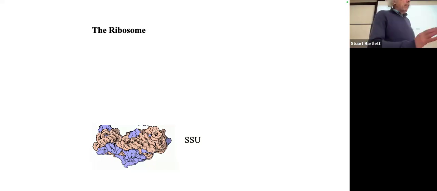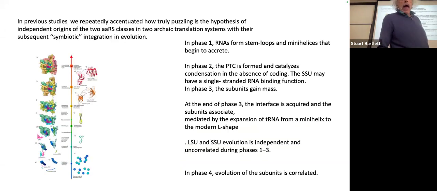And I just want to end very quickly now with the last thing. So far, I've talked a lot about the large ribosome. There is the problem of the small ribosome. What was it doing in the early stages? And as you recall, they are completely different. They're evolving in parallel, not simultaneously, not together. And so the idea was